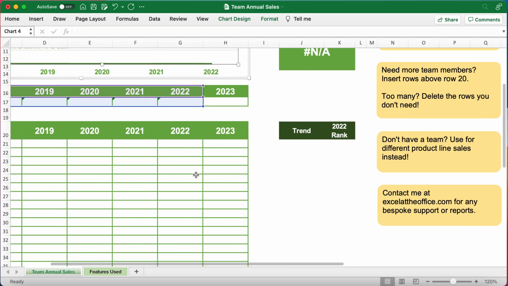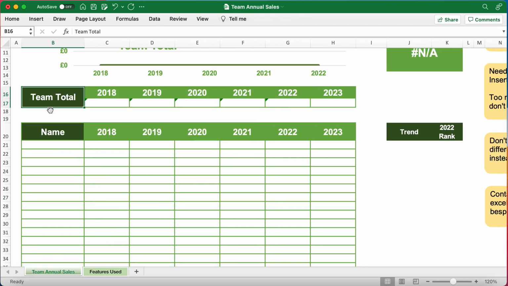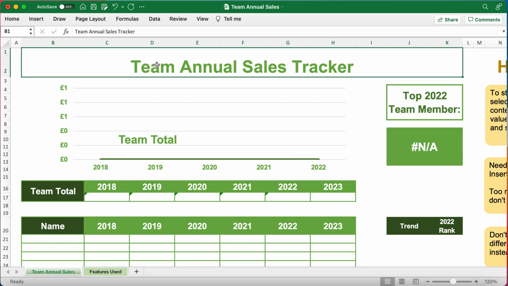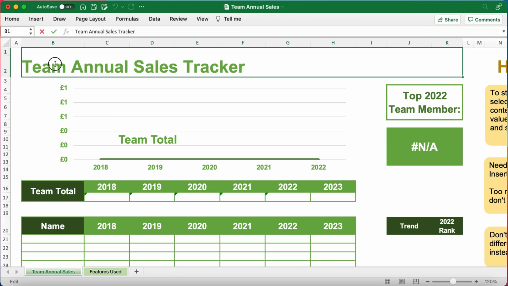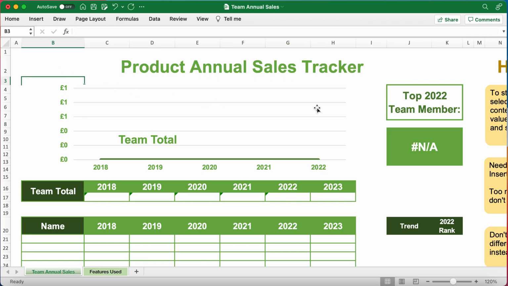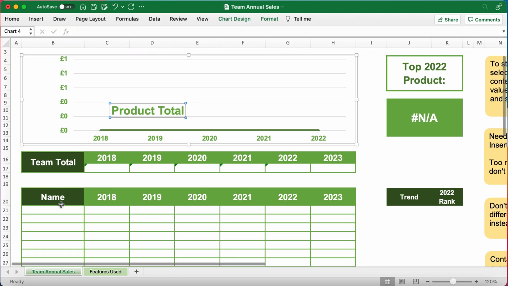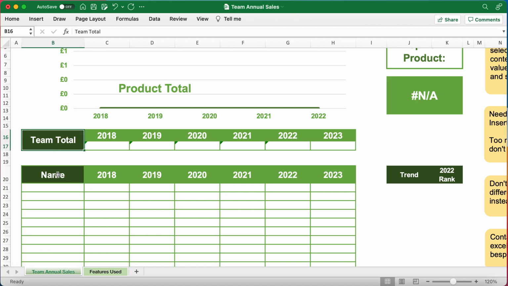or delete if there's too many and it's looking a bit busy. Or if teams aren't your thing, rather than teams, you can simply interpret this a different way. If you just change the word team where you see it, and instead you can call this a product and your sales tracker. So instead of top 2022, top product, and so on. I'm talking about products now. I'm interested in products because that's how I want the report. And so you might have a product